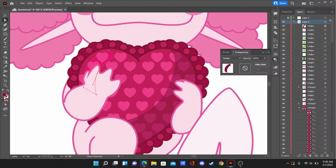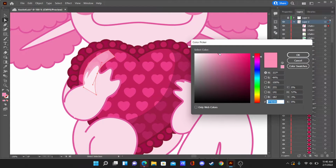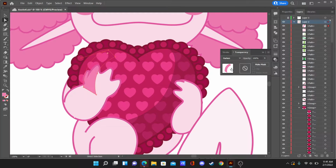It doesn't matter which color you use to screen so much, because it's always going to be lighter, but if you want different effects, you want to go with lighter colors. For example, see how I'm adjusting this? And my transparency is currently 100%, but you can still see through that. That's because of the layers options. See, that's a blending mode. Almost every one of these is going to be transparent in some way. I think the only ones that aren't transparent are normal